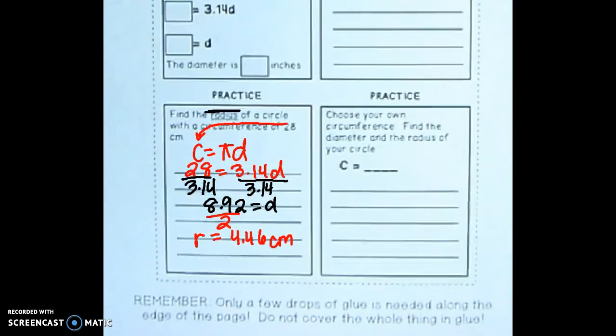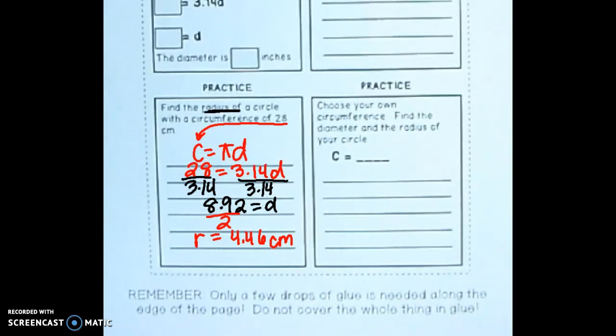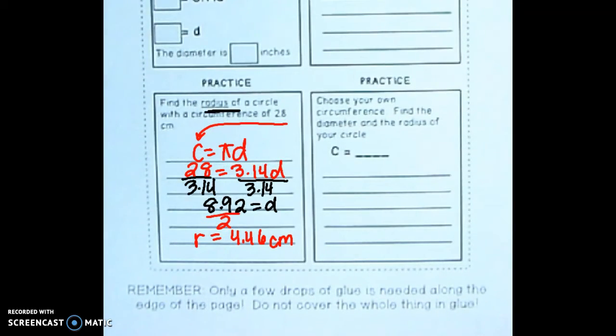All right, so the next one says to choose your circumference, and find the diameter and the radius of your circle. So you're going to come up with some random circumference. It doesn't matter what number you use. I'm going to use 20. So I'm going to have that my circumference is 20 inches. And of course yours is going to be different from mine because you have a different number. 20 equals